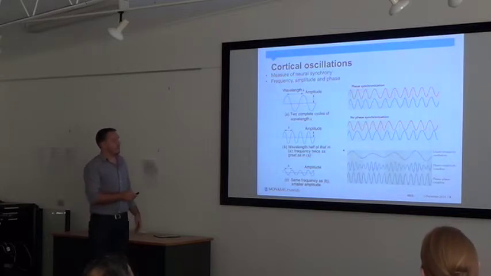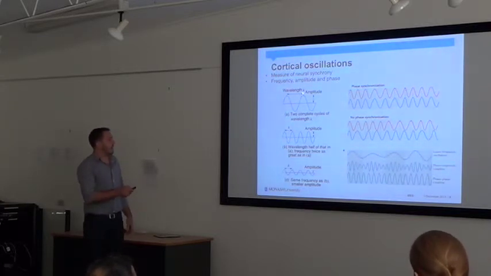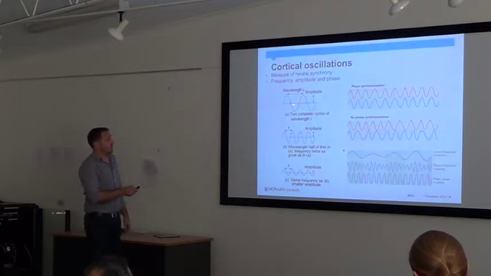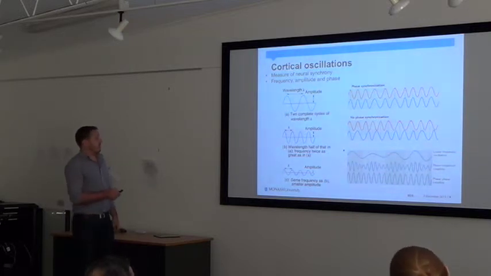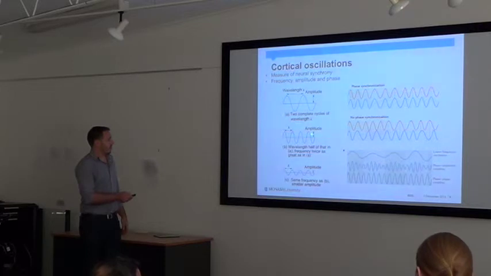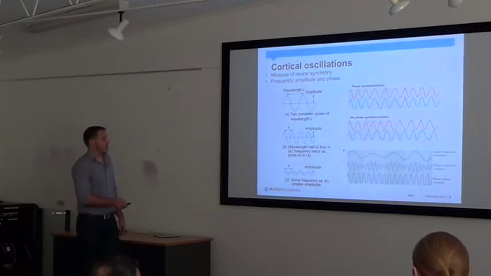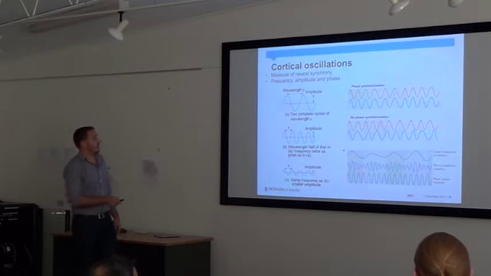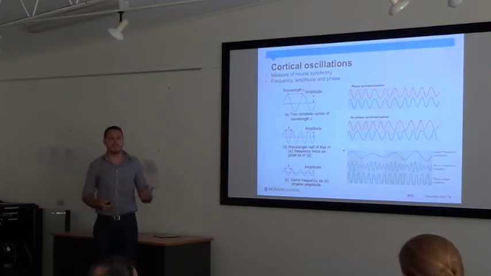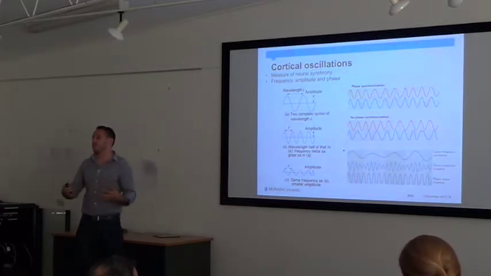We're looking at either the frequency of the signal. So the frequency is how many cycles that we get within a time period, which is usually a second, to give a hertz reading. So if we say that this is, for example, 1 second here, we have 2 cycles, that would be a 2 hertz recording. And we can also look at the amplitude of this. So this is the size here. So amplitude is just simply how big this is. So for example, this recording here is the same frequency as this recording here, but the amplitude of this one is much smaller than this one. So generally the frequency and the amplitude, particularly the amplitude, are thought to give us a basic idea of how synchronous the firing was of the neurons